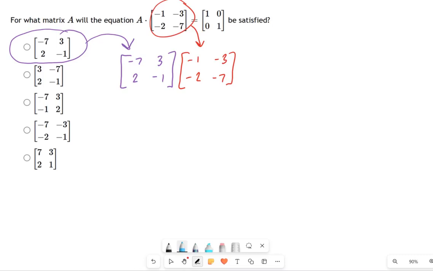We have a matrix multiplication question here. It's saying for what matrix A times this thing that I circled in red will the result be a bunch of ones and zeros in that order. And one method you could do is just run through it guessing, right? Take each of the matrices on the left and do a couple of multiplications to see if it works out to the right pattern. It's not a bad way to do it. And if you don't know the formula shortcut, that's really your only option.